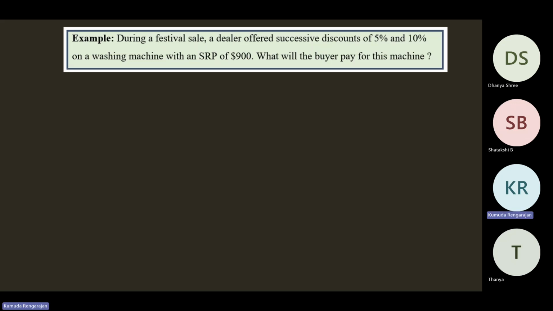Then what will the buyer pay for this machine? You should find the cost price for the buyer or the selling price for the dealer. The selling price of the dealer is the cost price for the buyer. For the dealer, it is selling price, but when you buy from him, that is your cost price. Okay. So suggested retail price, you can also write it as mark price. SRP is also mark price. So mark price of washing machine